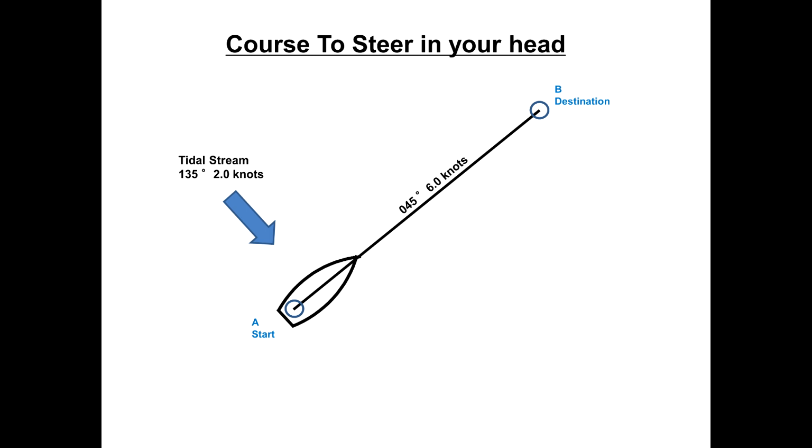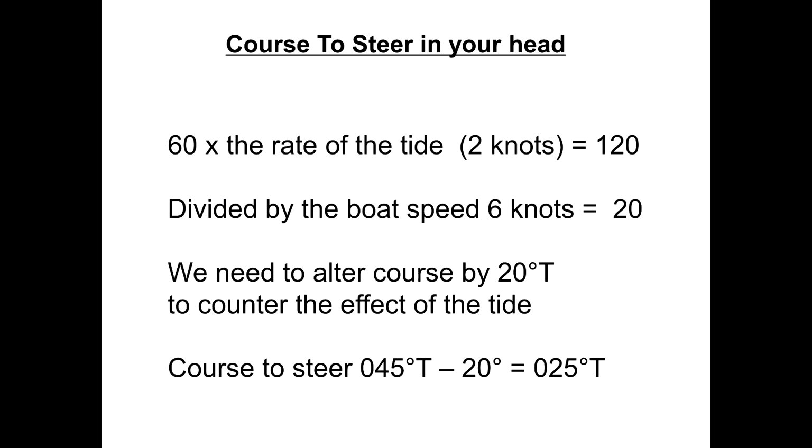Say you're sailing on a course of 045 degrees true at a boat speed of 6 knots. The tide is setting in the direction of 135 degrees true at a rate of 2 knots, so it's on your port beam. Using the 1 in 60 rule, we multiply the speed of the tide, 2 knots, by 60 to get 120, and then divide this by our boat speed of 6 knots to get 20, and that will